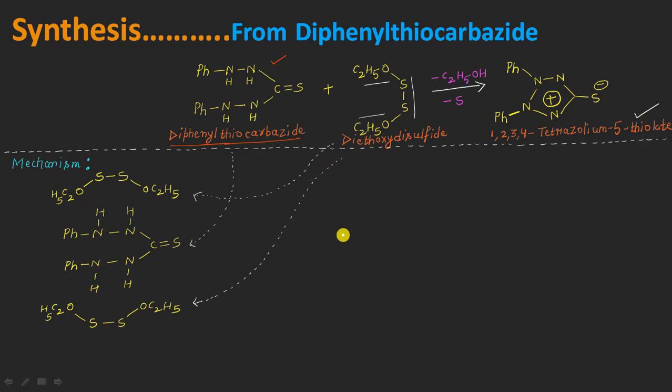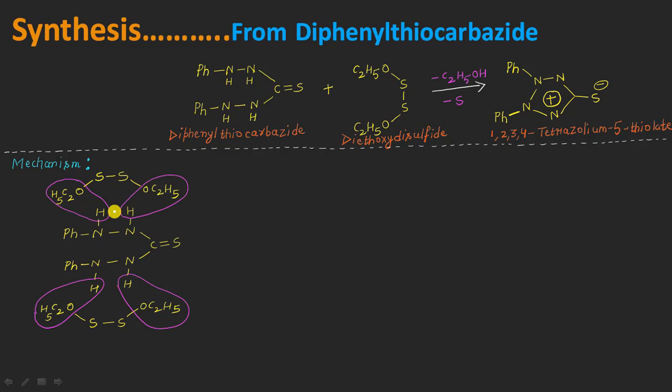Okay, and I can show it like this. The release of the 4 molecules of ethanol: the first one goes like this, the second one here, and then the third one, and in the last the 4th molecule of ethanol. And so after the release of these 4 molecules of ethanol, we will have a bond formation, obviously, between this sulfur and this nitrogen atom here, and this sulfur will now be bonded to this nitrogen atom after the release of ethanol molecules.